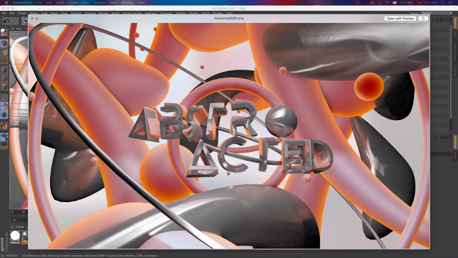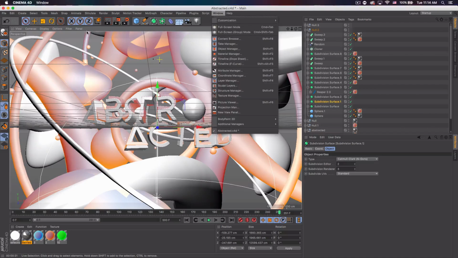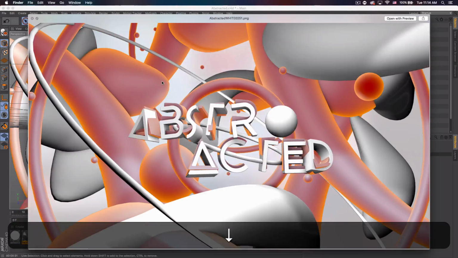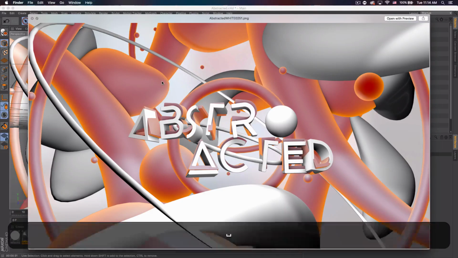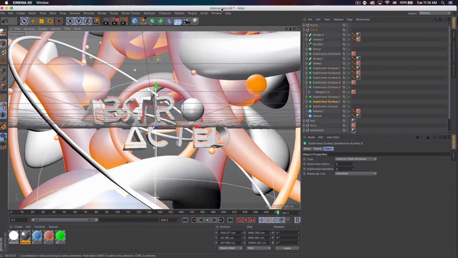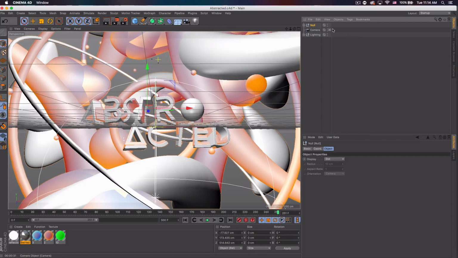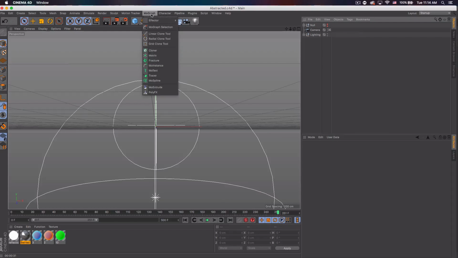And yeah, so this is basically what this render looks like. Here's like a metallic metal version, and then oops, let me pull up, and yeah, that's like the basic white version with less material. So let's just go ahead and jump right into it. So here is kind of the setup, and I'm gonna just group this all together and hide it, and boom, let's get started. So the first thing you want to do is go to MoGraph,